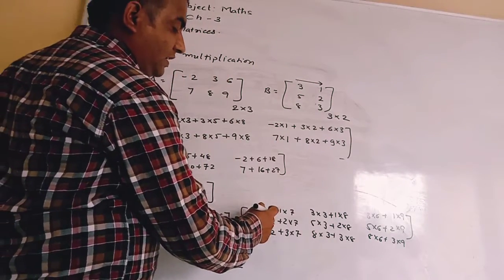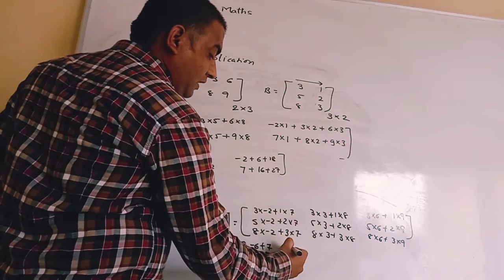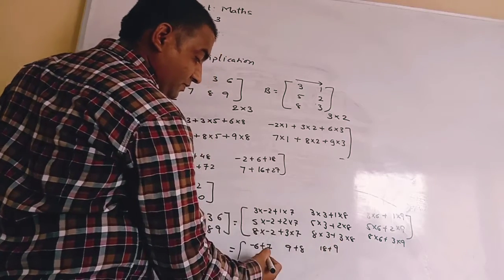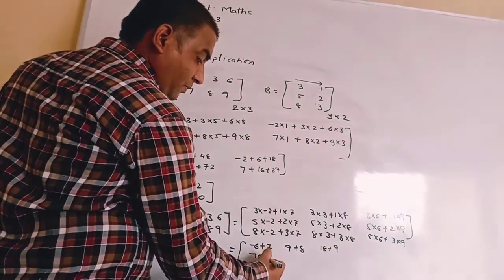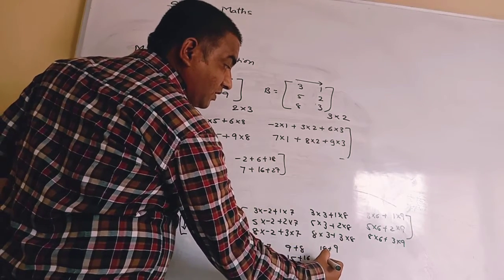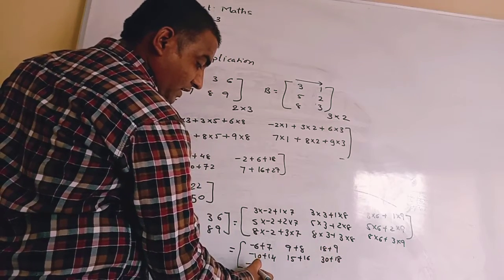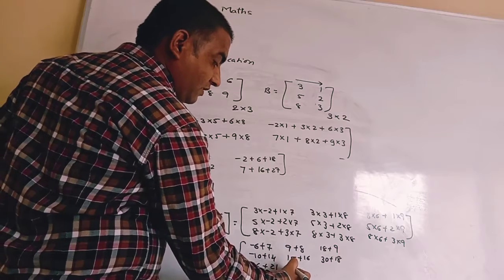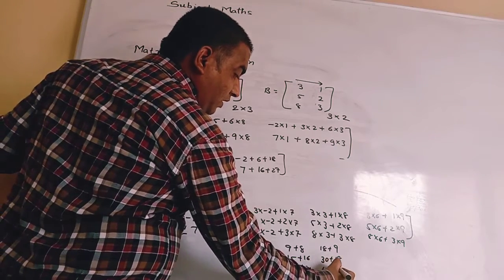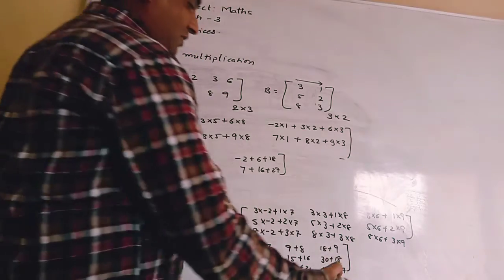Then -6 plus 7, 9 plus 8, 18 plus 9, -10 plus 14, 15 plus 16, 30 plus 18. So -16 plus 21, 24 plus 24, 48 plus 27. And so we get here